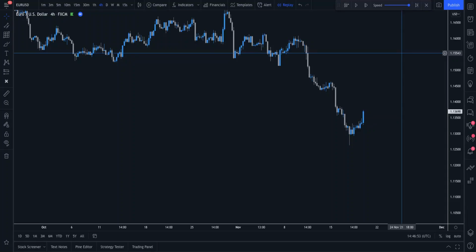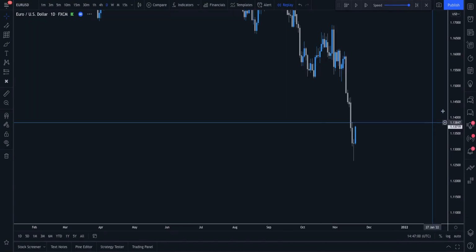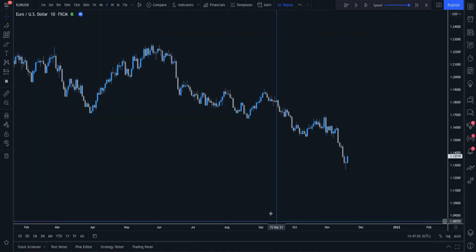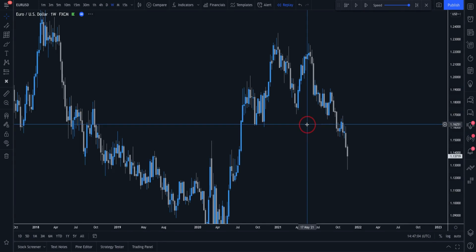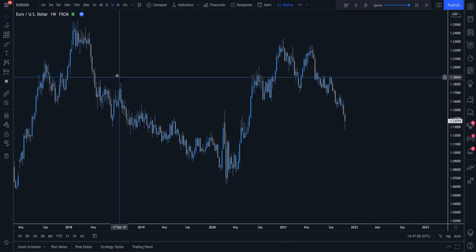Now we're going to look at a high time frame continuation trade, and this is a Euro USD short position. So as usual, we want to start on higher time frames. We're going to start on the weekly for this example to get an overall feel for what the market is doing. On the weekly chart here, we can see that Euro USD is within this large range, but what we've